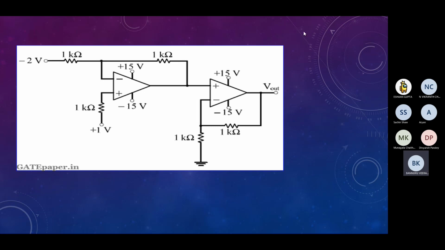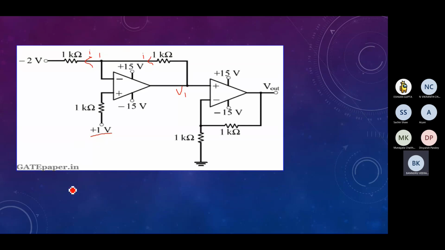Okay, I think no one has any doubt. So let's solve this problem. As we can see that it is 1 volt, so it will also become 1 volt. Let us assume it is V1, and the current will be in this direction, I, which is equal to the current in this resistor, I.